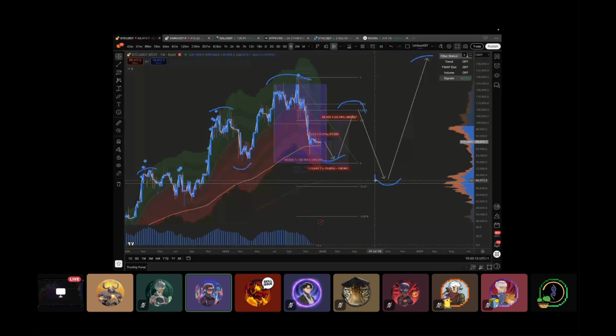I think one thing you said there is very important. If we have a significant rally here, it doesn't mean the bear market is over. We could go as high as 110, 115K and still make a new bottom later in the year. Exactly. Absolutely.